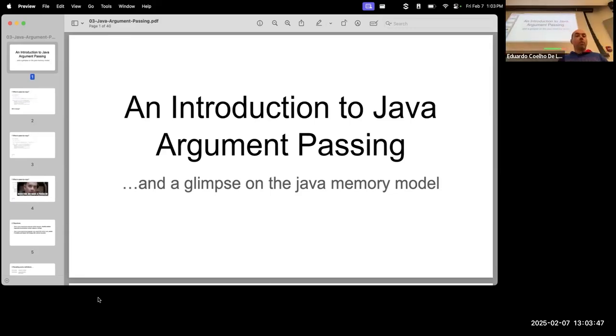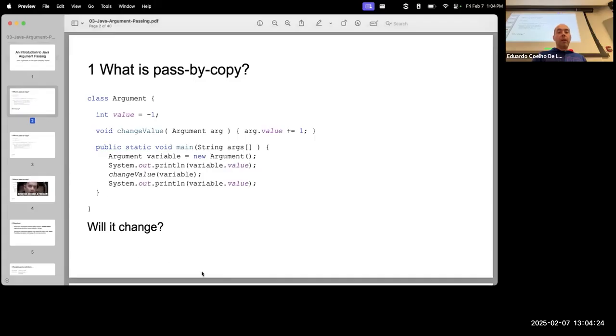All right. So this lecture is going to be focused very much on this idea of argument passing. And based on what we have already discussed, we are going to make some sort of analysis. The way that I am going to go about trying to show you how argument passing works is, of course, via examples. And we're going to see that we have these different ways in which Java would consider the argument passing. So let's begin with